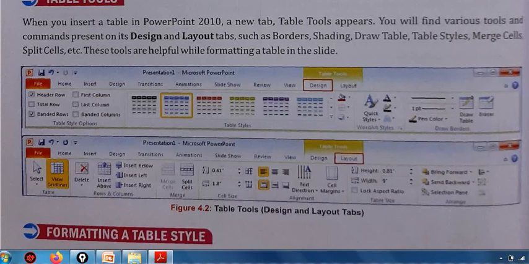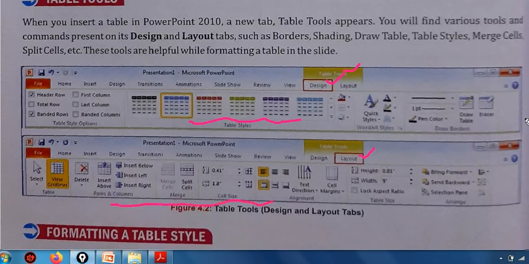In this ribbon, you can see here we have table tools in design. Under design, all these different table styles are there, as you can see. And here layout tab is selected, so here all these options you will get, right? So where you will get table styles option? Under design tab, under table tools, under design tab we have this table styles option, right?